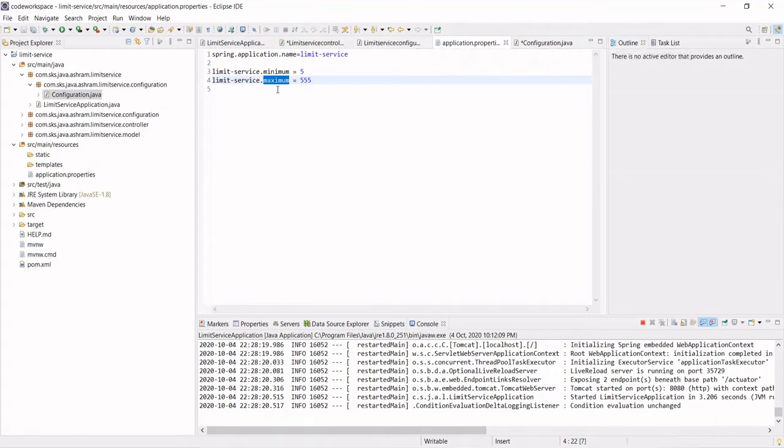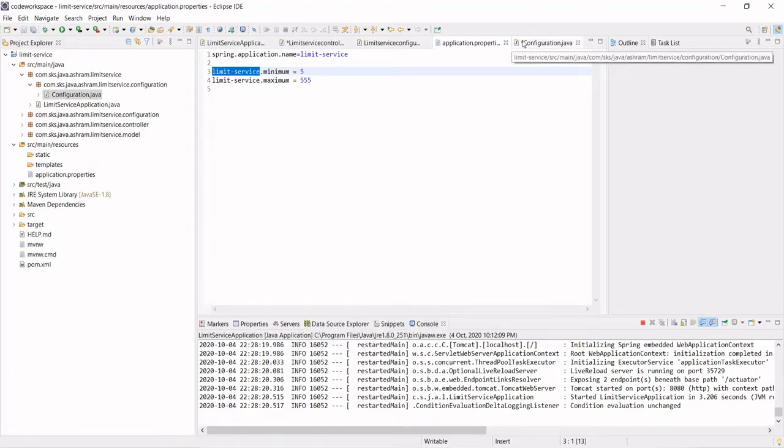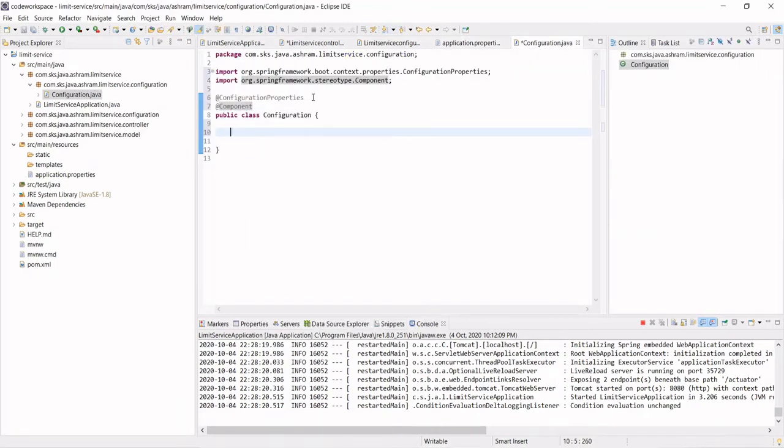If you see here, what is the prefix that you have given? limit-service. Copy this limit-service, go to the Configuration.java, and pass this here.